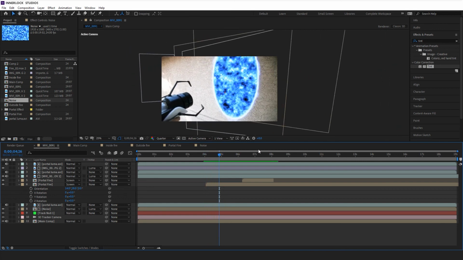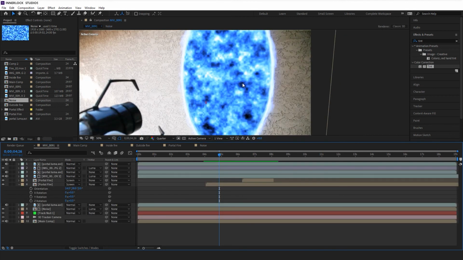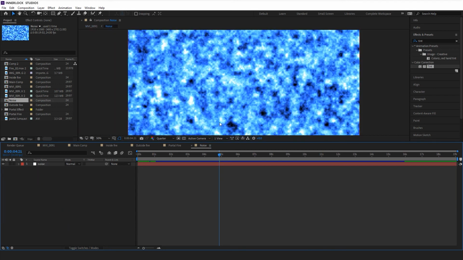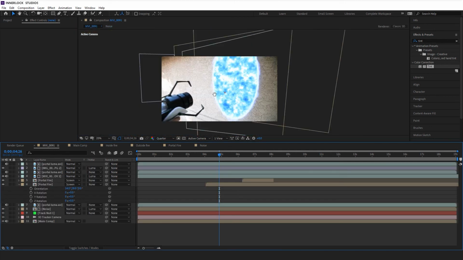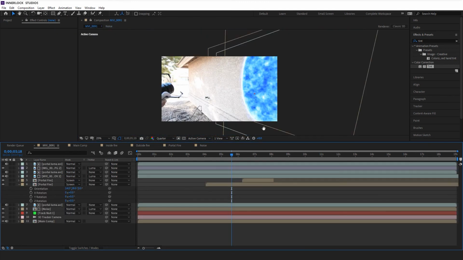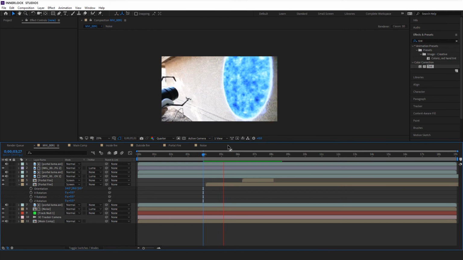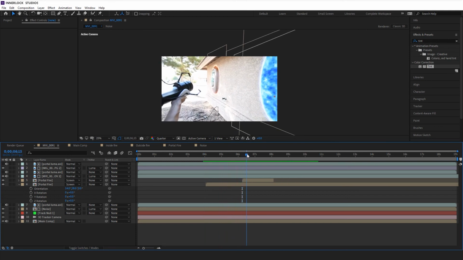It's a little bit extreme right now. Like it seems like it should be less blue and more matching the fire. So all we'll do, turn up the brightness on the noise, turn down the contrast a little bit maybe. So there, maybe that looks a little bit better, maybe not. I guess it all depends on what you want. That might be a little bit too bright. Maybe something more like that. So there we go. Now we have our noise in the blue portal,